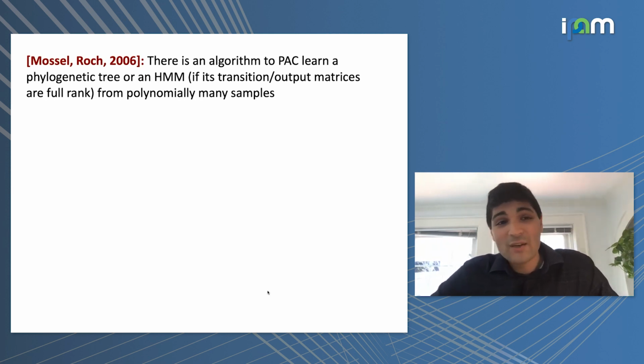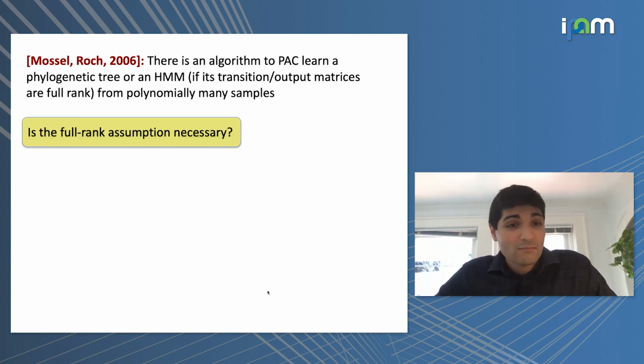So for me, this Mossel Roch paper is awesome because, I don't know, maybe it was too early. They proved it back in 2006. And about 8 years later, people were still giving algorithms for learning HMMs. They just had forgotten that this thing existed and already did it. So, it's a very nice paper. I encourage you to take a look at it.